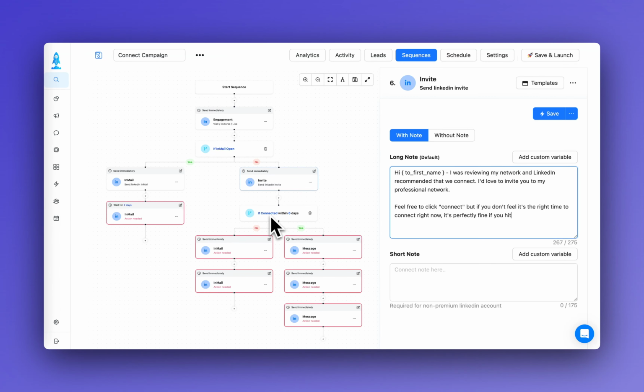Then here we have if connected trigger, where we are checking if the prospect has accepted the invite within 6 days. So this 6 days delay is just for the no part here. For the yes part, as soon as the prospect accepts your request, it will immediately execute the yes part, which means that let's say if the prospect accepts your invite after 1 day, it will execute the yes part where we